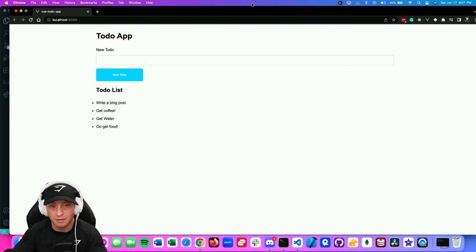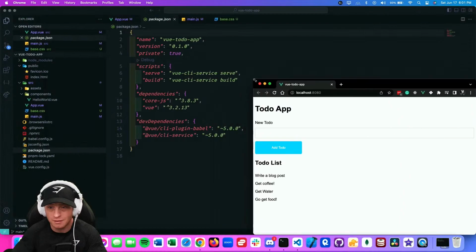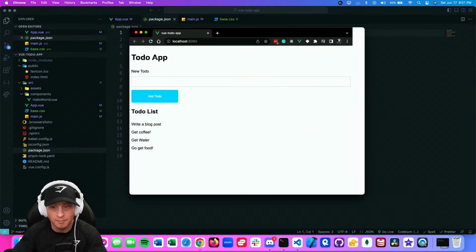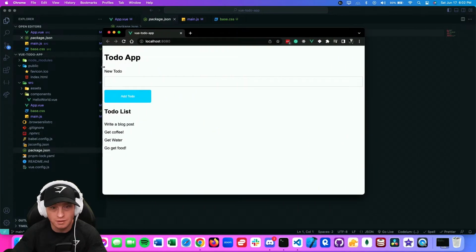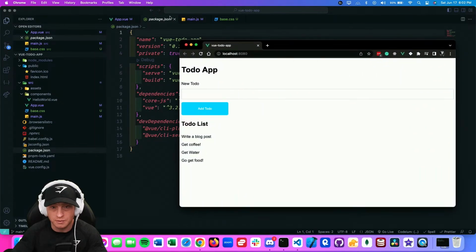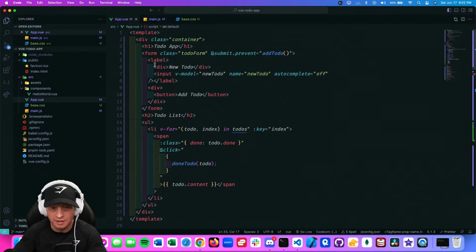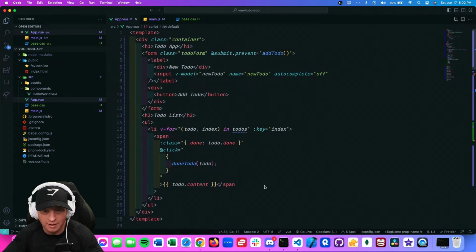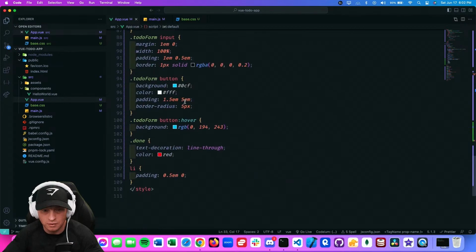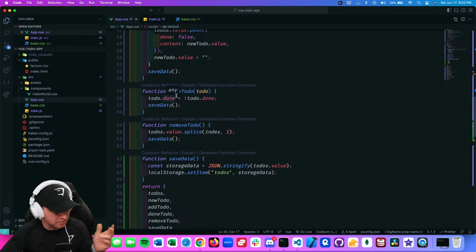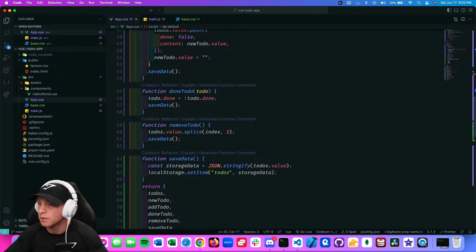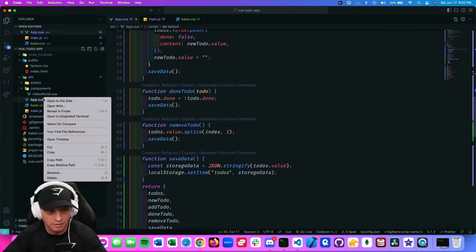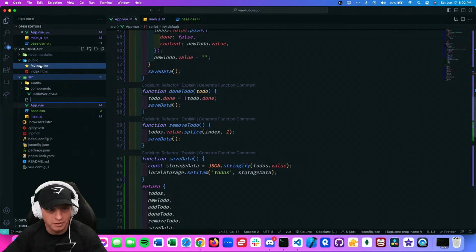Alright, so let's bring that over here. This is what we had the other morning, just a simple to-do list, nothing too crazy. What we're going to do is break the code up into separate components, because right now all the code is sitting right inside of the app.vue file, which we definitely don't want. So I just have to figure out how to bust it up into different components. I think I said I was going to make a new file under source, and we're going to call this